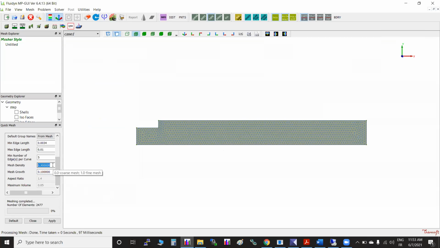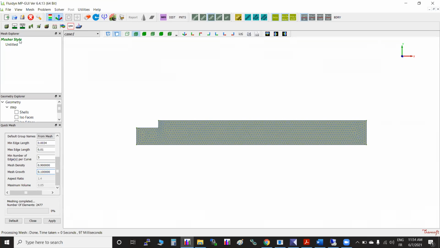Sorry. Mesh density, what it means, this is one algorithm to generate the mesh. So 0 will go for a coarse mesh. If you go for 0, smaller, and if you go for 1, it will try to create the maximum possible elements. This particular option gives 0 for uniform mesh and 1 for non-uniform mesh. So if you go close towards 0, everywhere you will find the same number. So that is our target. That's why initially we put this. You can try by changing this.